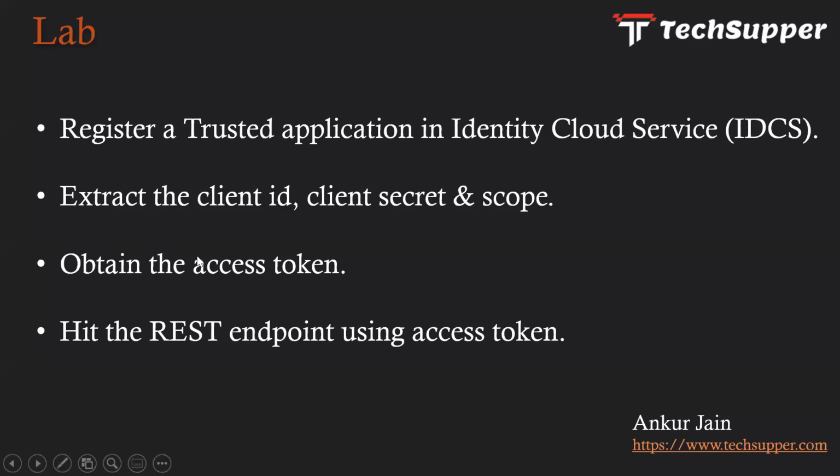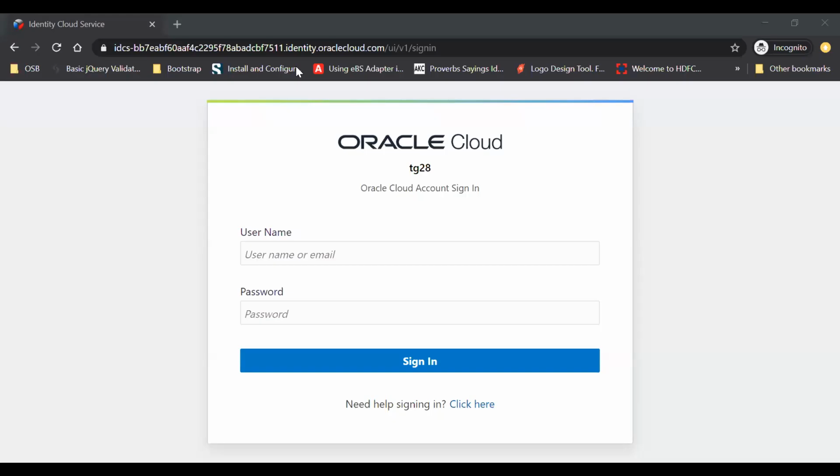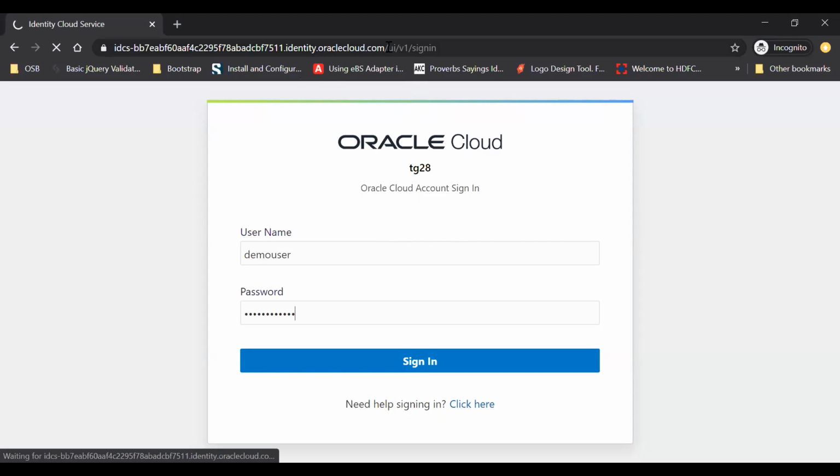I will log in to the IDCS console first. Here I am logging in to my Oracle Cloud application with the user. This is the IDCS URL.